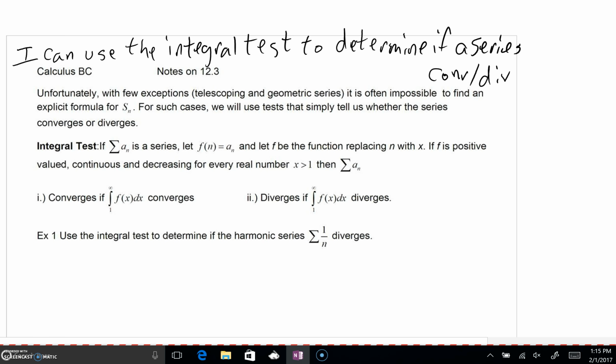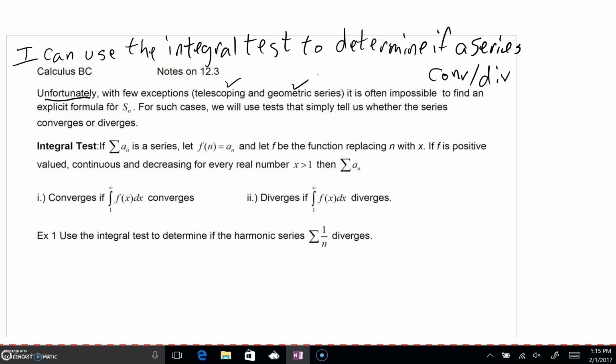Okay, for 12.3, our learning target, at least one of them, is I can use the integral test to determine if a series converges or diverges. Please note this paragraph. Unfortunately, with few exceptions, and those two exceptions are the telescoping series and the geometric series,